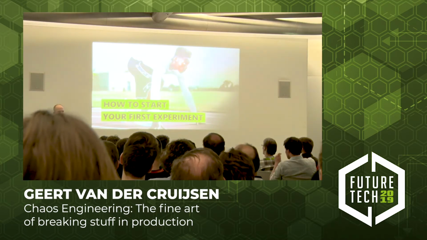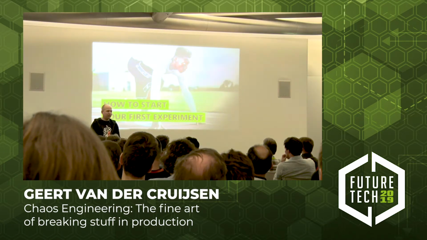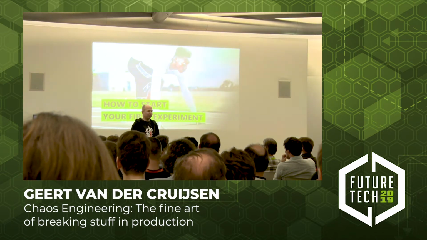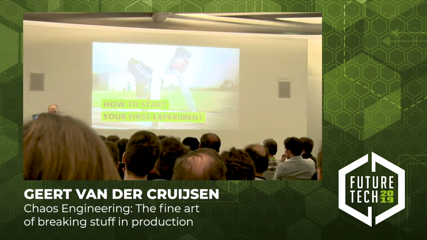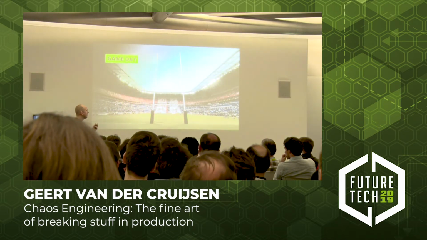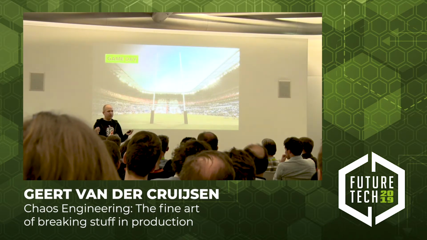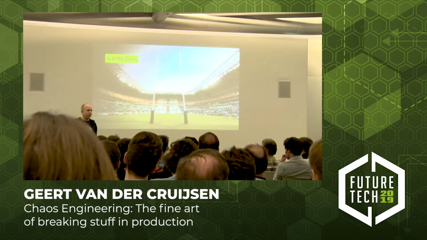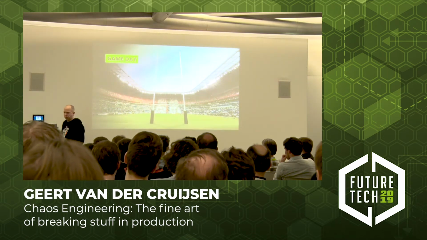So, how to start this within your company? That's often the question, right? You can't just go to your manager and say, okay, let's break some stuff in production and see how he responds. Often he will say that it's not a good idea. In chaos engineering, these experiments are often done on a game day. You just get everyone in the office who is involved in keeping your application up and running, and you start doing experiments with them.